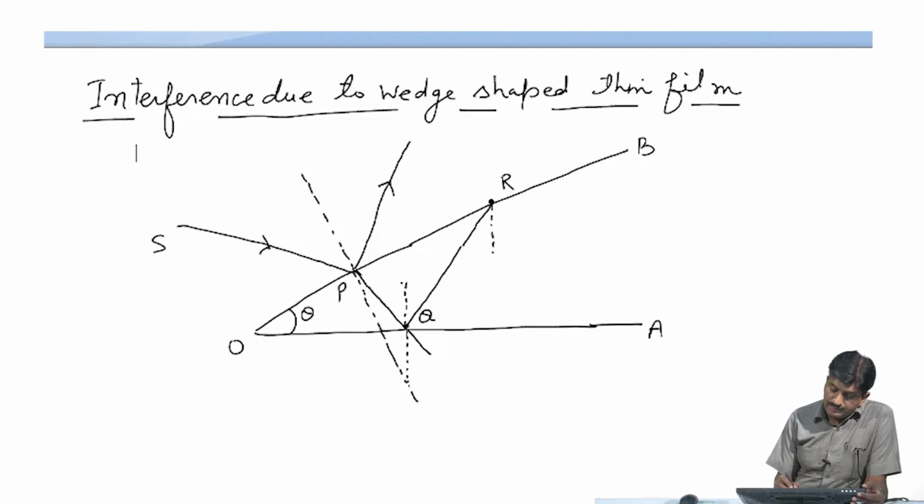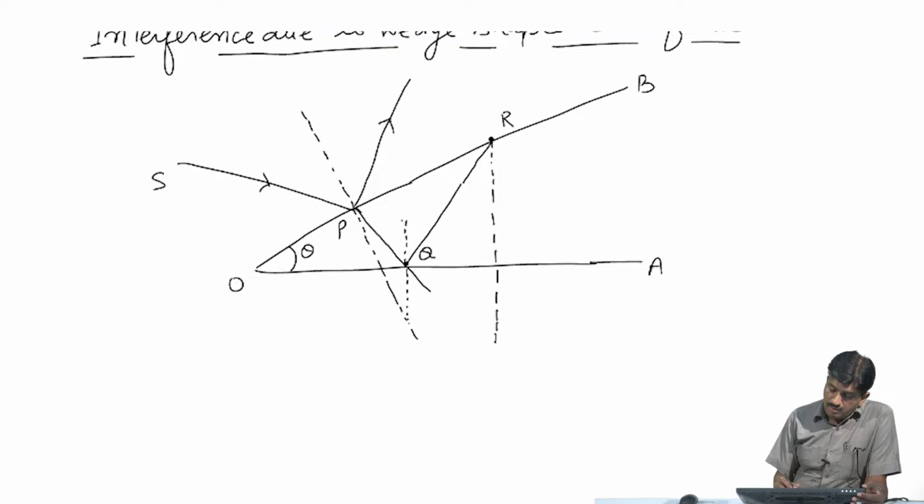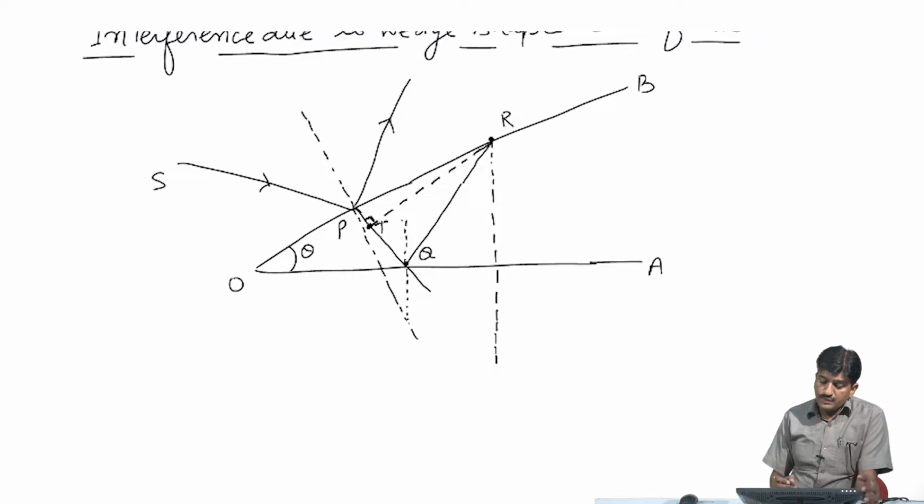Suppose this point is R. And if we draw a perpendicular on this line, PQ line, this angle is 90 degrees, and we can consider PQR as T. This is point T, and this angle is the angle of incidence, and we know that it should also be I,